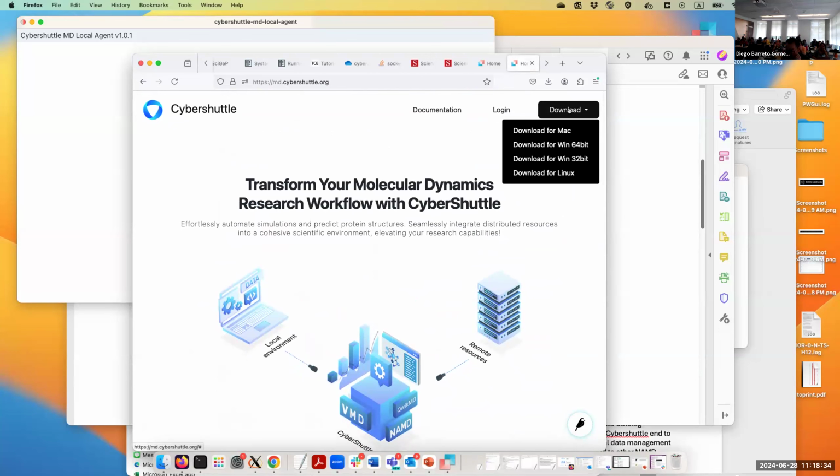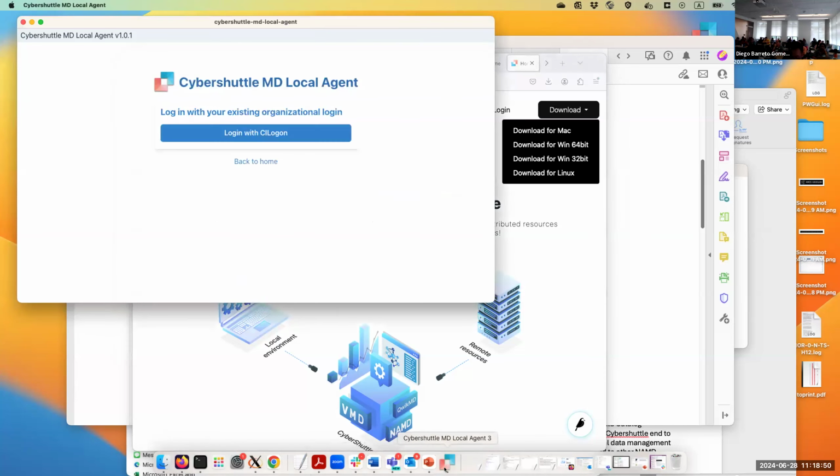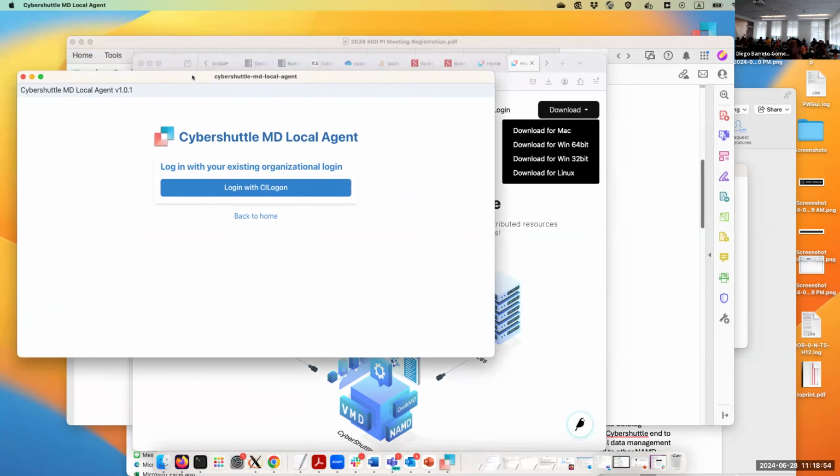Okay, so once you download and install the agent, we want to show you how to create one simulation. Y'all know how to create input files for an MD, so run your simulation either manually or using QuickMD. For this example, we are making one test available for you to use, or you can use your own test. Most of you have been given logins on this,